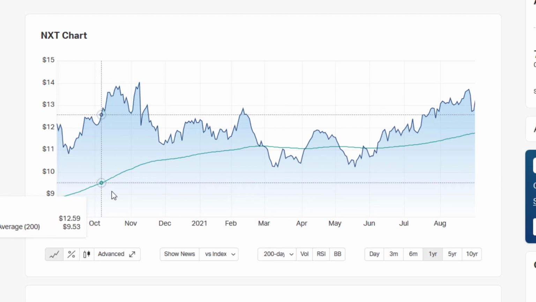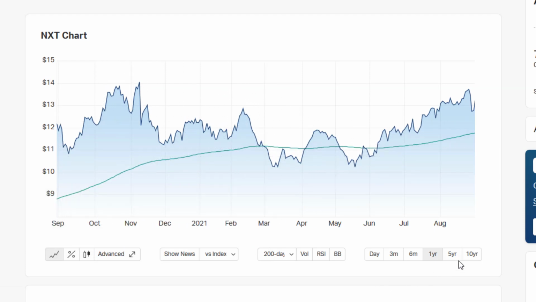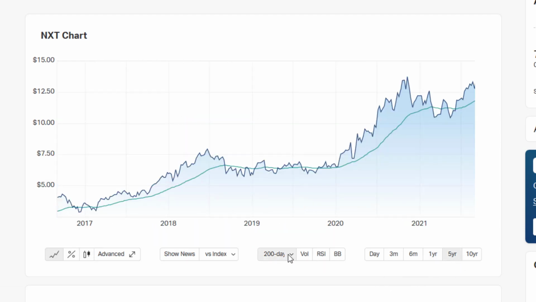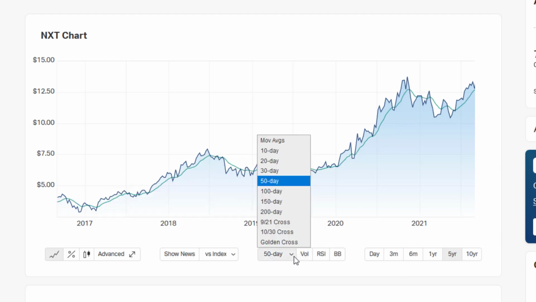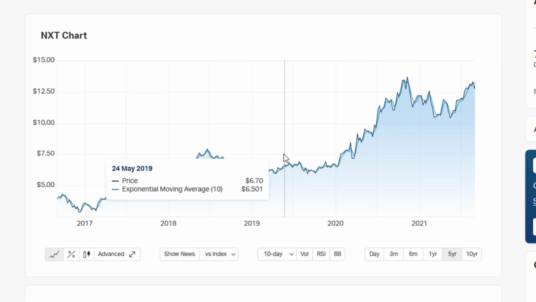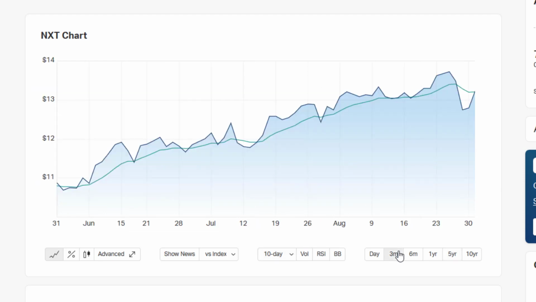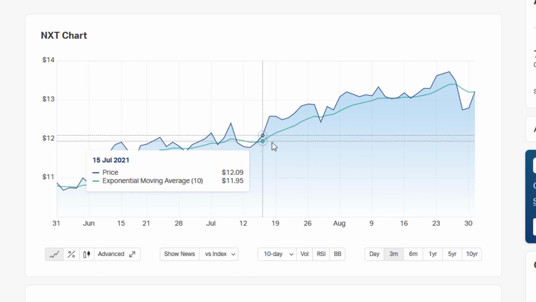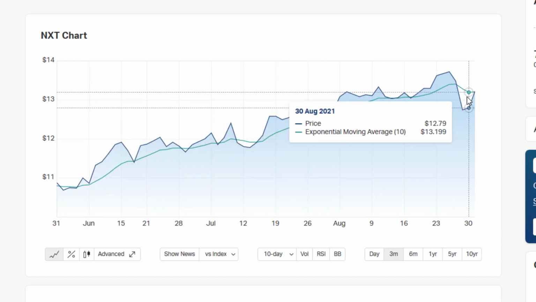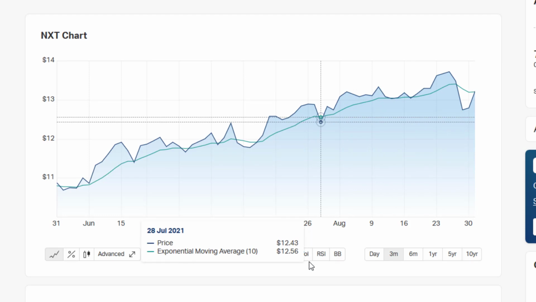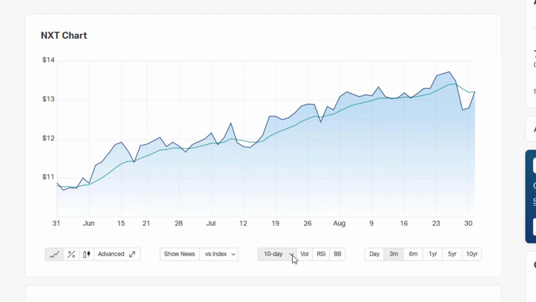The downside is that you will give away a lot of the move before getting in and before getting out. With a shorter term moving average, you will get into a trend earlier and exit closer to the top, but you will also have many trades and many false signals and therefore more losing trades. Experiment to find out what works best for you by looking at, say, 15 days if you're a short-term trader or 30 weeks if you're a long-term investor.